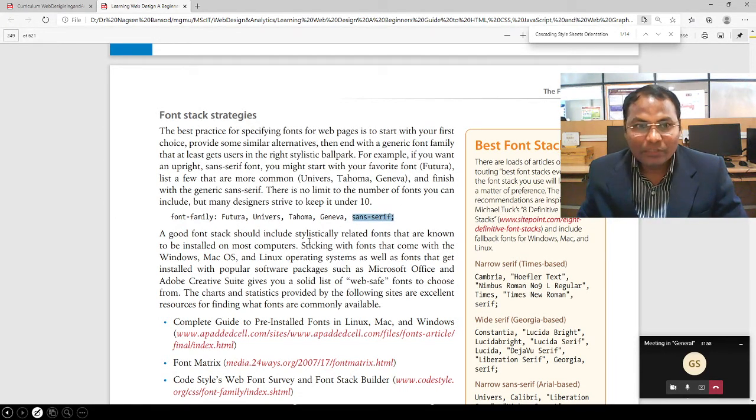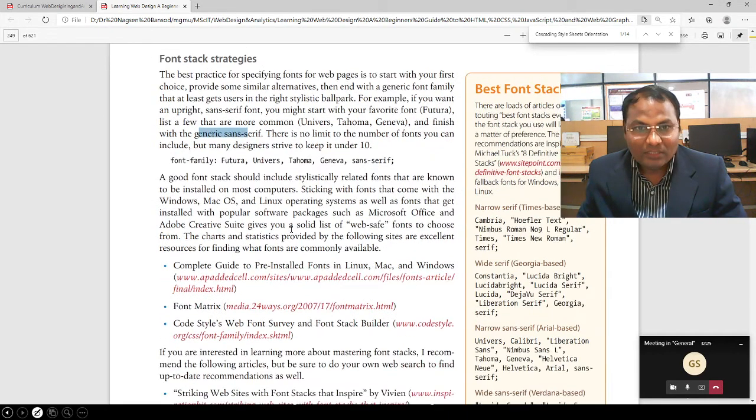For example, if you want an upright sans serif font, you might start with your favorite font, Futura. You write Futura here because you need it, then list a few that are more common, like Univers, Tahoma, Geneva, and finish with the generic sans-serif.